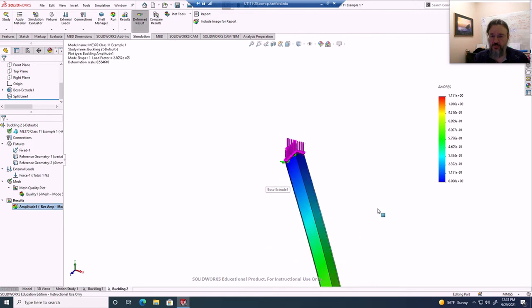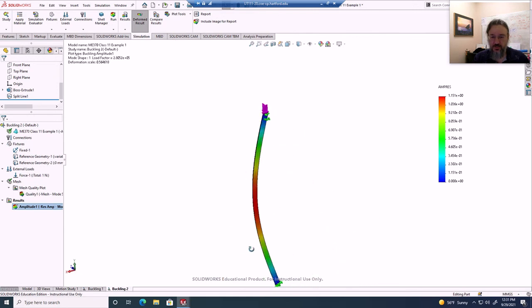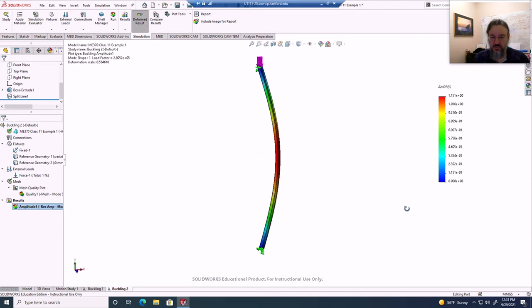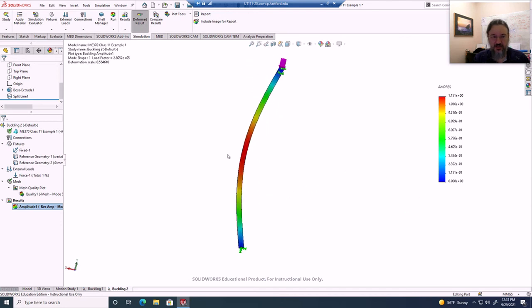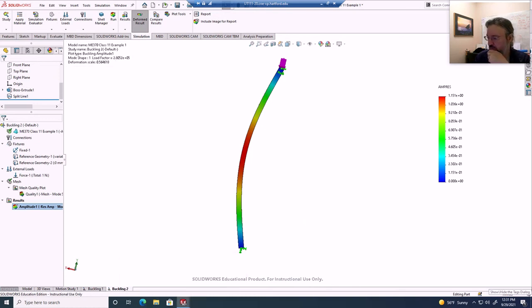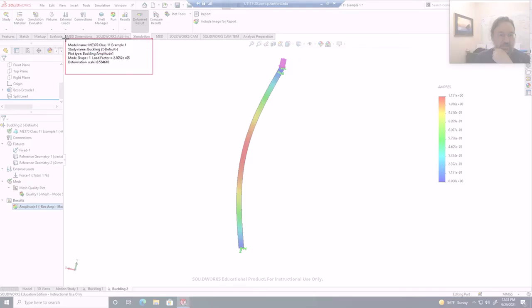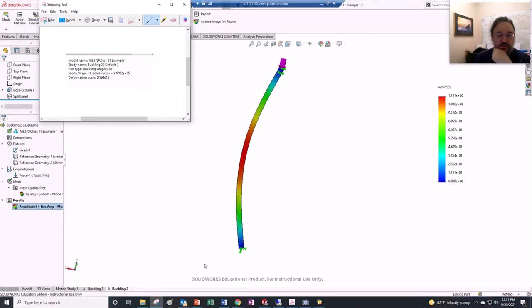And here we go. This is what it looks like. There's the deformed shape. You can kind of see that's what it looks like. It buckled, sure enough, about that axis. And you take a look up here in the corner. It's very small, I know, through the video. I don't know if I can make this any larger. Let's see if I go to this right here and I make that big right in there. So maybe you can see that